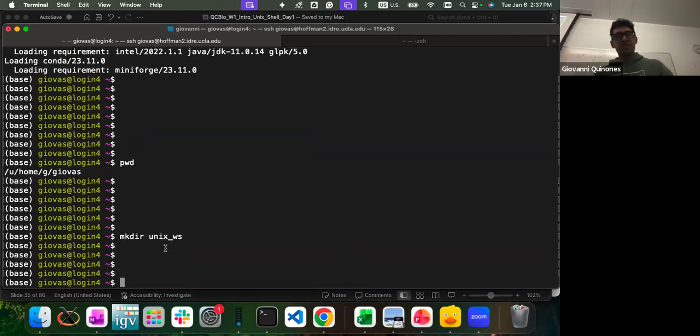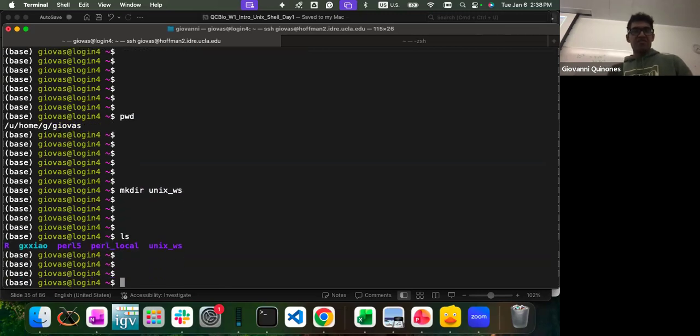So right now, what I'm doing here is I created a directory. I made a directory called Unix WS that is located in my home directory. Now, how can I visualize it? We're going to introduce another command called ls. ls stands for listing. So it just lists the files in this current directory.